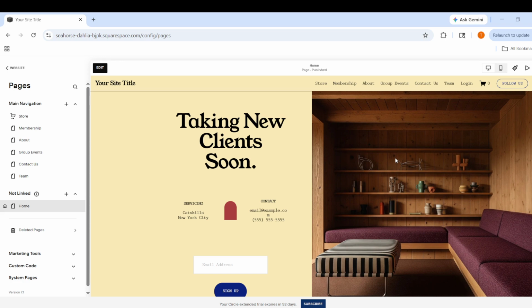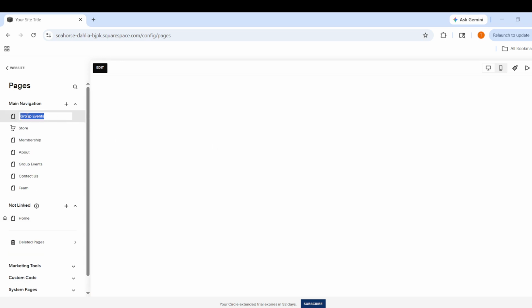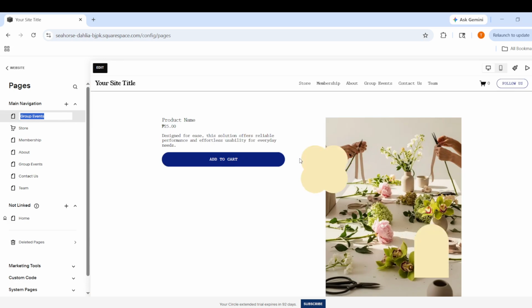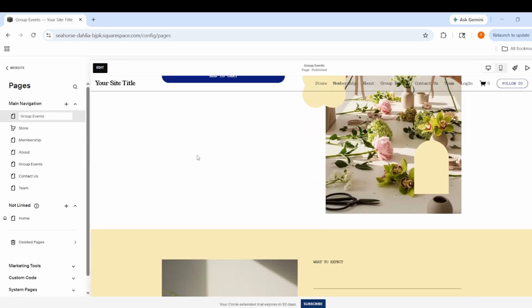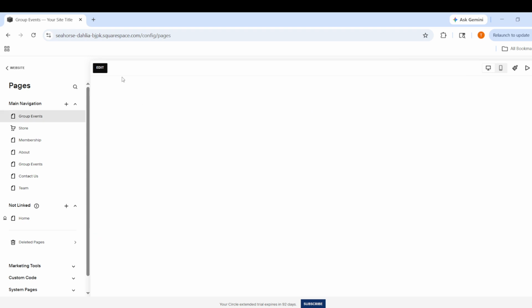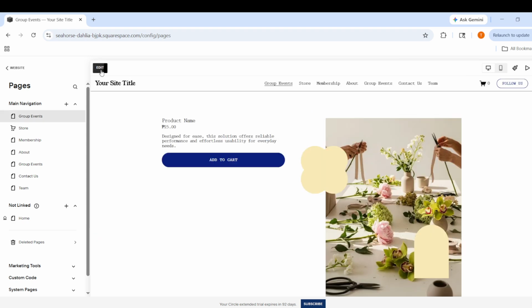Squarespace will open a menu with different page types you can create. From that list, select Events. After that, choose the layout style that works best for your site. The layout controls how your events page will appear to visitors, so pick the one that fits the look and